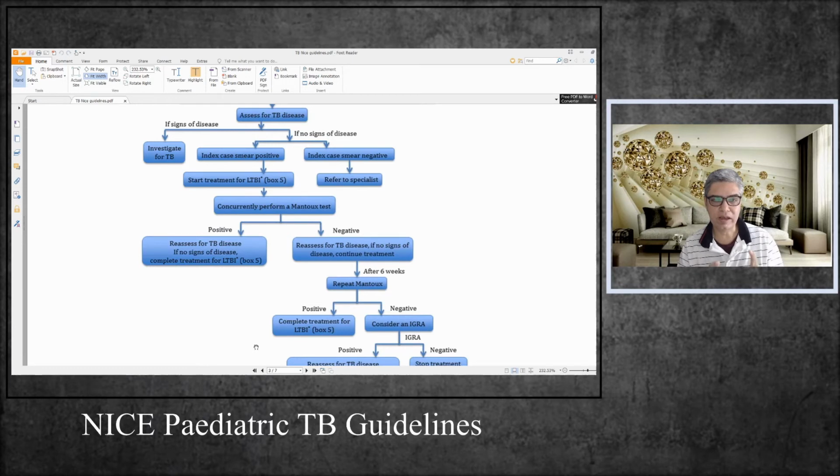So in this age group, in contrast to the neonates, you see there are two Mantoux tests. In the neonates, you did it after 6 weeks of starting INH treatment. Here, you did the first one concurrently when you started them on the INH prophylaxis, and the second would be after 6 weeks of starting prophylaxis. So you repeat the Mantoux test again. If it is positive, you complete the INH treatment for the full course. If not, then again you would